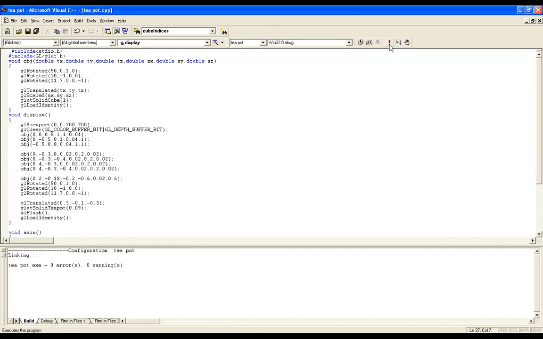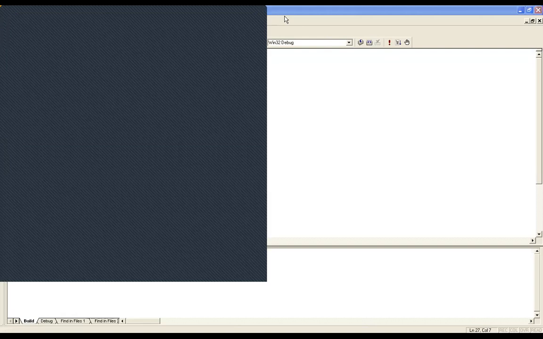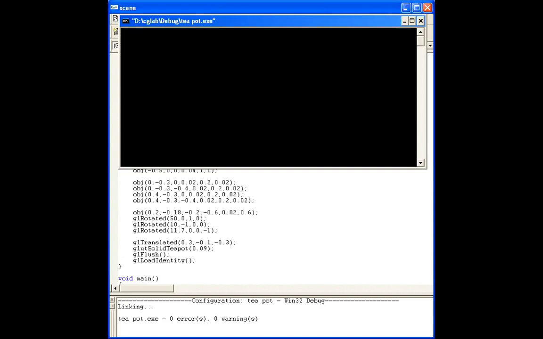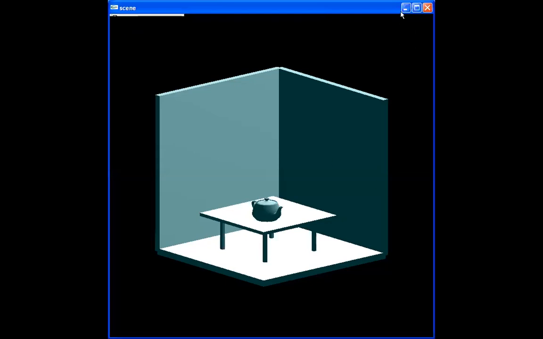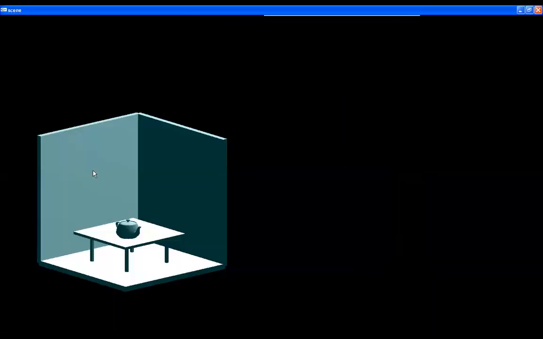Okay, why am I creating 8 objects? You people can see here. Let me share my screen. Where is my output? Okay, see. People can see here. Why am I creating 8 objects? You people know there are 8 objects here. Object 1, object 2, object 3, object 4, object 5, object 6, object 7, and the top of the table is the 8th object, leaving the teapot. So there are 8 objects. So I am creating the 8 objects.